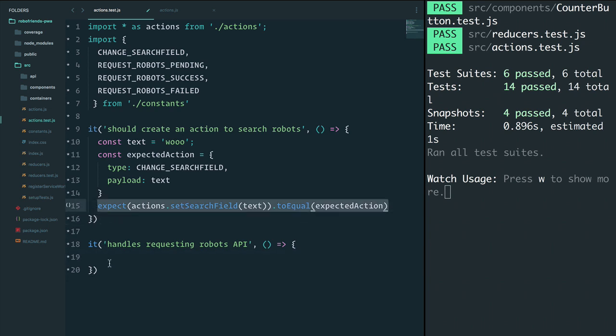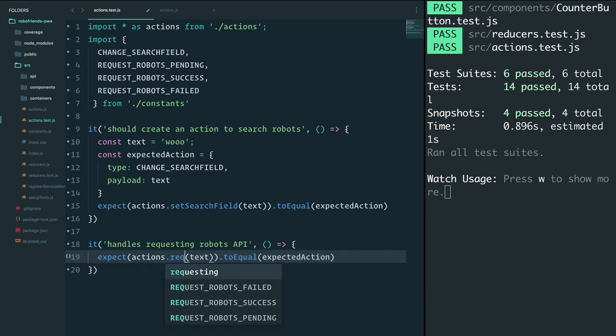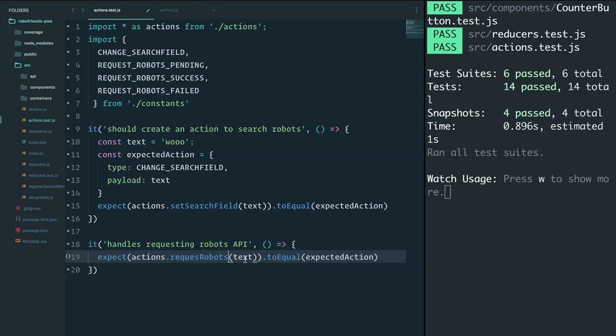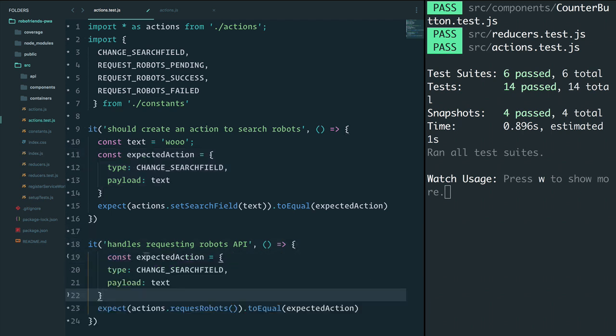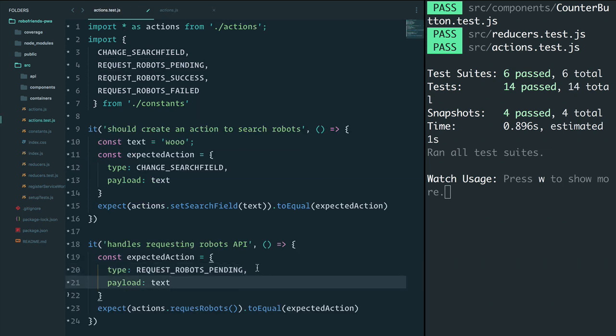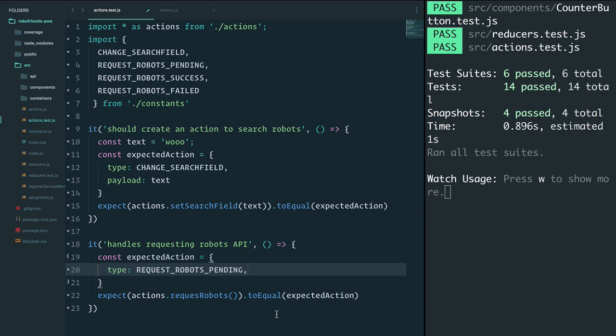If I run the expect actions.requestRobots action, I believe that's what it's called, yeah, request robots, and we leave it at this, and let's just say that we expect the type of the action to be request robots pending, and payload, if we look at our actions, we're not sending any payloads. So we can just go ahead and leave that as it is. If I save,